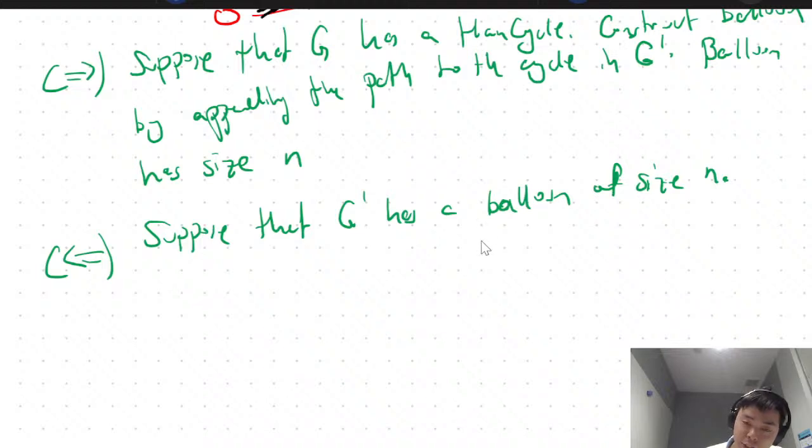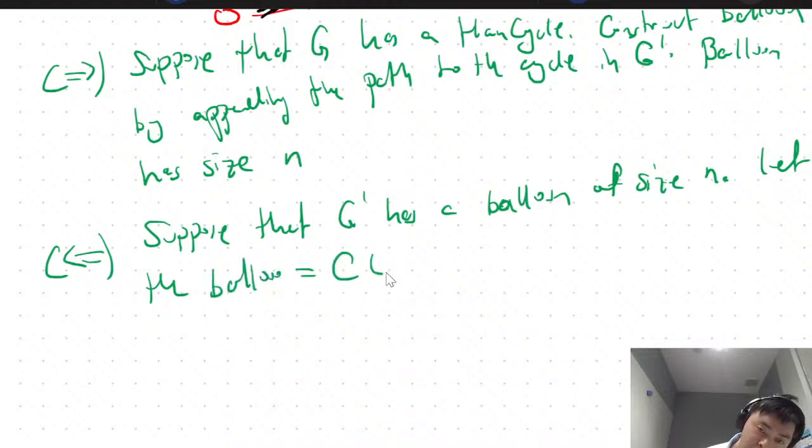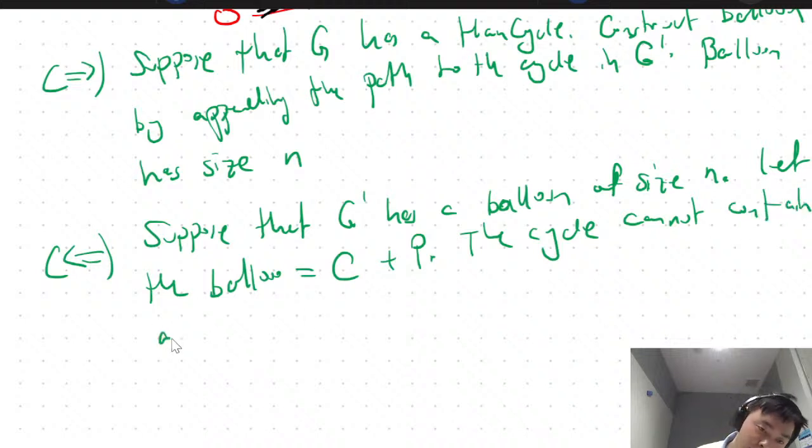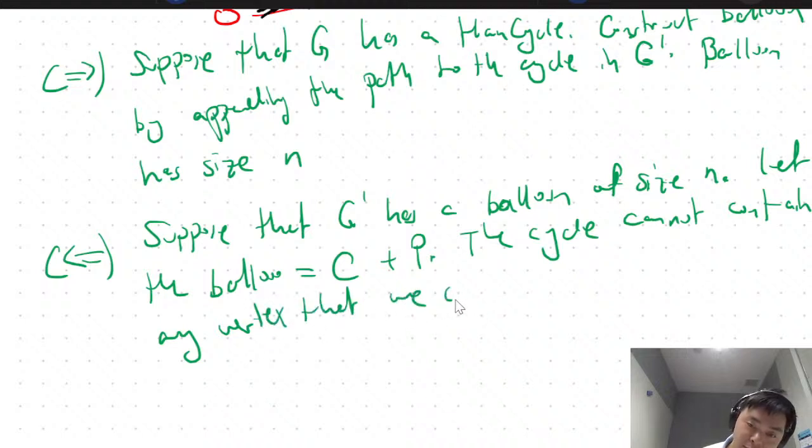Well, we can decompose the balloon into a cycle and a path. So let the balloon be equal to the cycle plus the path. So we'll call it C plus P. Well, what you know is the path, okay, we'll say, okay, the cycle cannot contain any vertex that we construct, right? Because